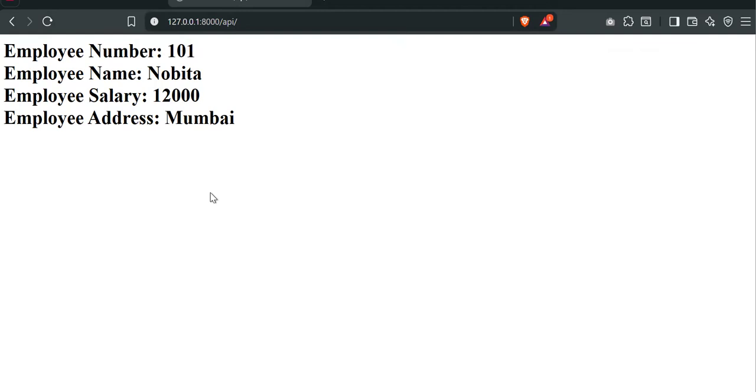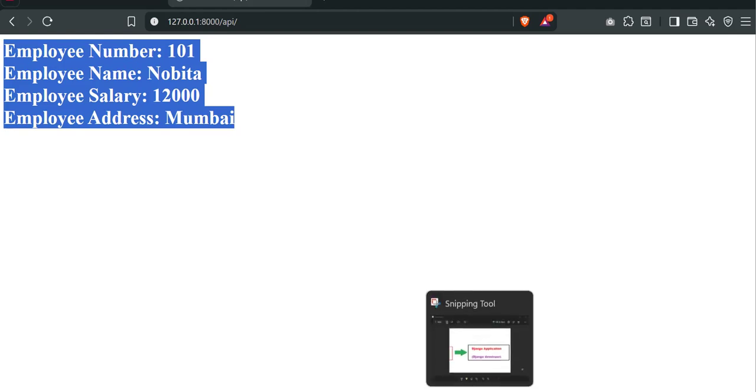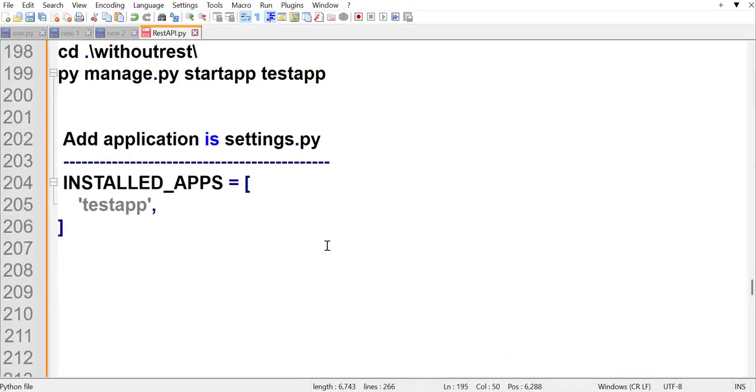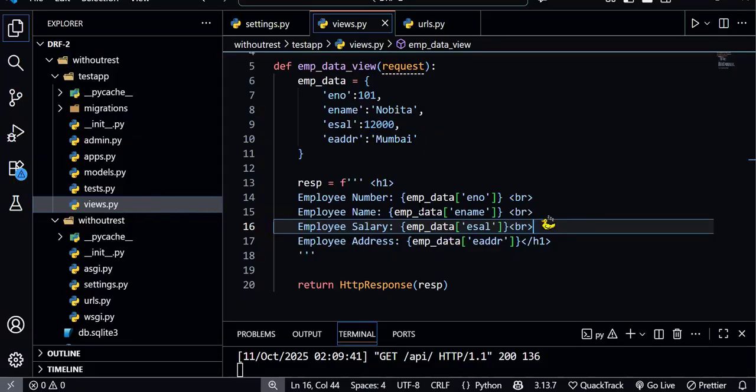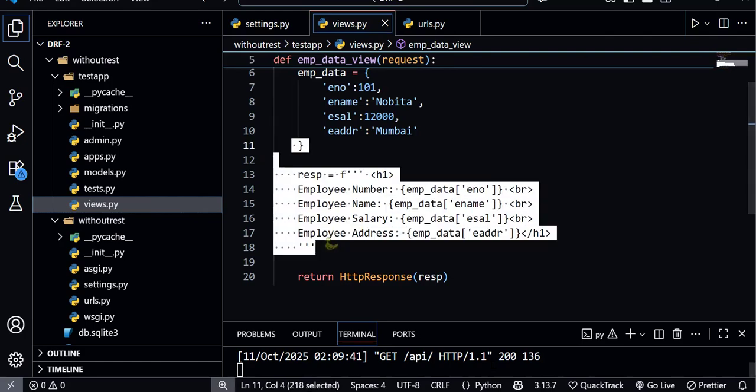Okay, so our data is coming like this. Okay, so this is an API which is not following any REST principle. Okay, it is bringing just the dictionary data, right? Okay, so here what response are we sending? Here we are sending, we can say, a string response. Okay, so this is the f-string, and we are sending this f-string response. But what I want,